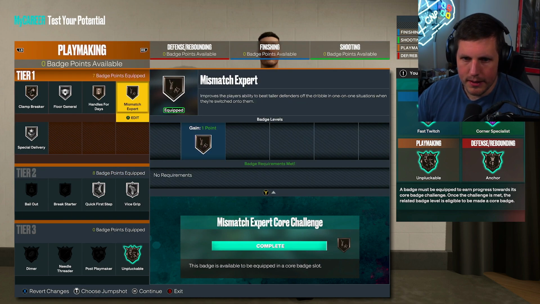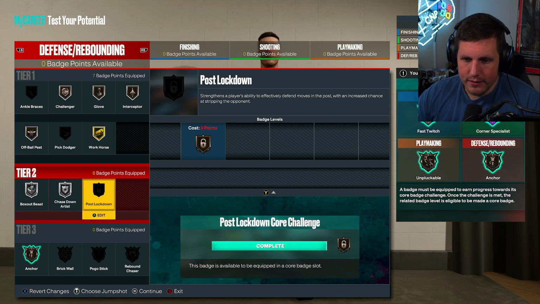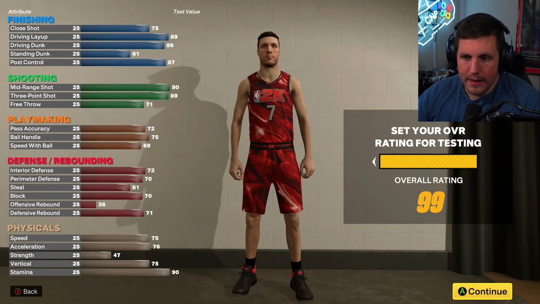And I had an extra playmaking badge. I don't know why. I think it's because I was messing around with that, but that is the badge layout that I would suggest, or, obviously this is personal preference, but that's what I would do if I were making this build,